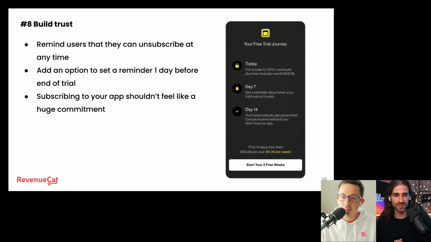Yeah, so here what I wanted to share, I think the app that popularized this is Blinkist. I think it's even called the Blinkist paywall in the growth community. It's the idea that you're going to start a trial period, and on the paywall, we show you an option to say, hey, if you enable this, we'll send you a reminder the last day of your trial period. It's kind of saying you can cancel at any time, but we will even remind you that you can cancel before we charge you. And I guess the underlying idea is to build as much trust as possible with the user.